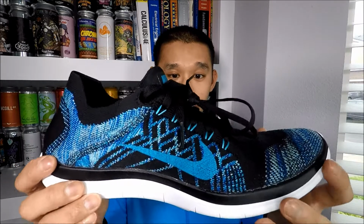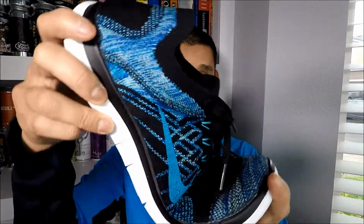So the concept of the Nike Free, or the Free Run, the earlier shoes, is to simulate running barefoot. That's literally the whole entire concept. That's why it flexes so much, so that when you're running barefoot, your foot flexes a lot. You don't have a thick, stiff sole that your foot has to try to flex. So when you run, your foot can pretty much flex as naturally as possible,